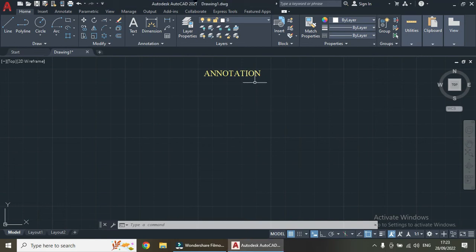Hello everyone, in this video we are going to see annotation in AutoCAD. First of all, we need to know what annotation is. Annotation objects include dimensions, notes, and other types of explanatory symbols or objects commonly used to add information to your drawing. Annotation objects provide info about a feature